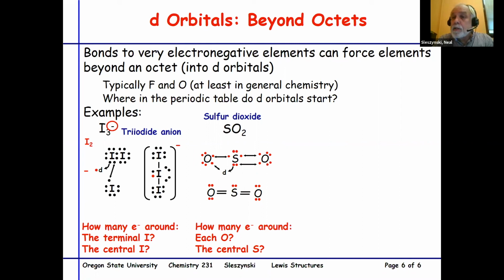That's 8 electrons plus the 2 electrons as a non-bonding electron pair. Sulfur now has 10 electrons. It has violated its octet because it is bonded to a very electronegative atom, oxygen, and it has access to those d orbitals. Let's take a look at one more sulfur example, which is sulfate, an anion with a -2